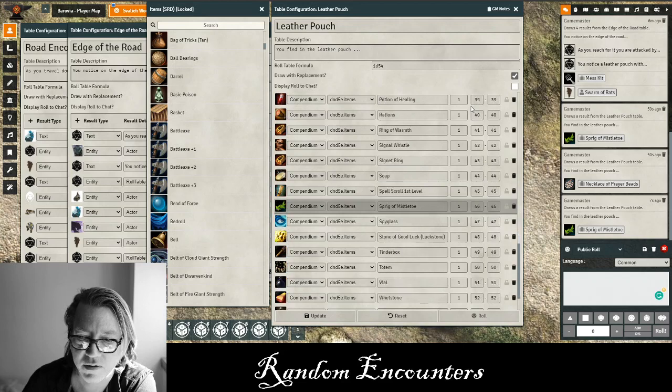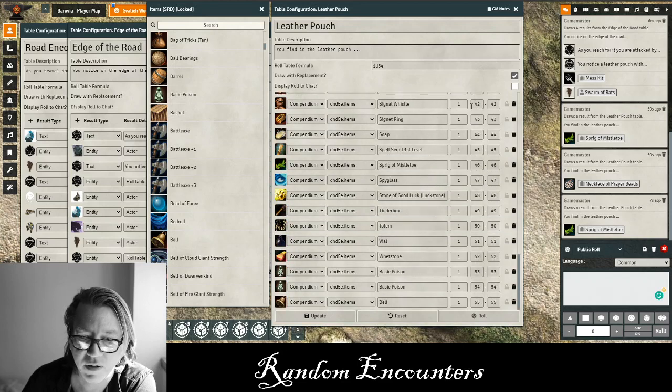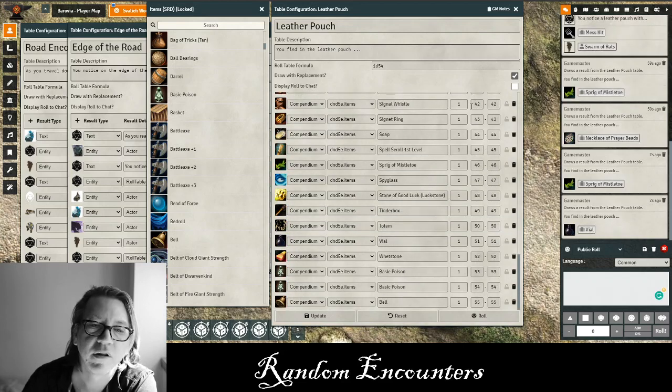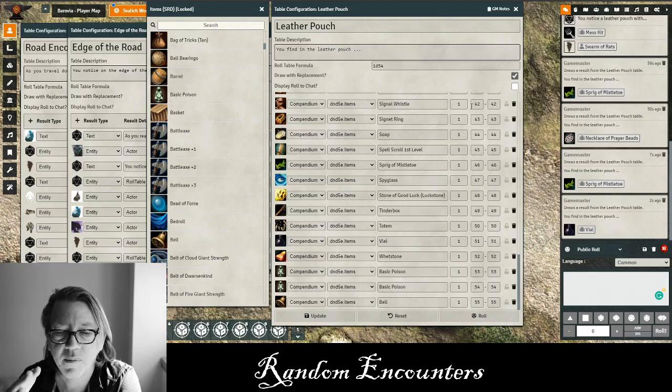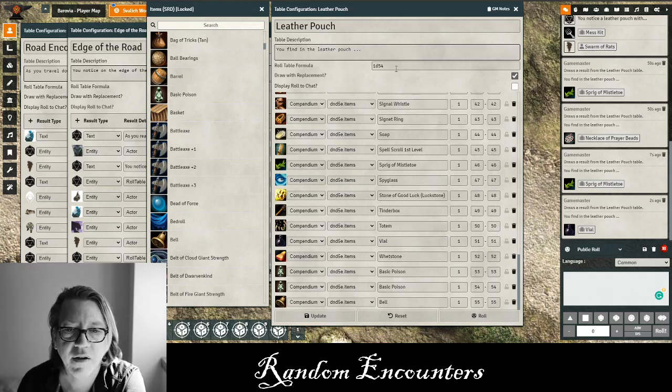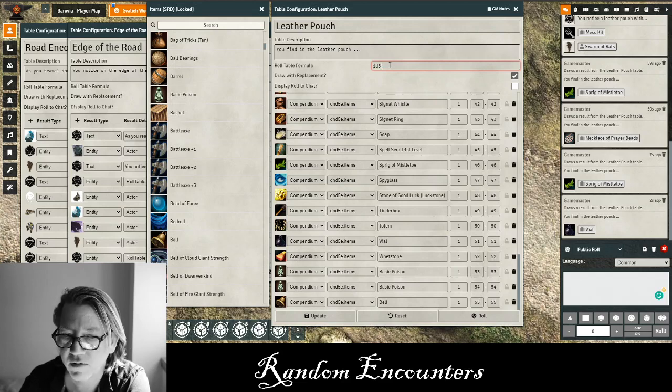And it's going to give me 51, a vial. So again, a couple of things in here. Make sure that you have the number of things here. I'm going to have to put this to 55 now. You can make something more common again by using the weighting feature, or you can just type in the range